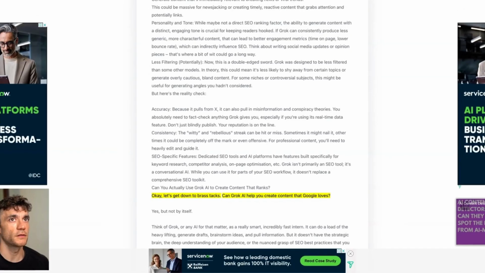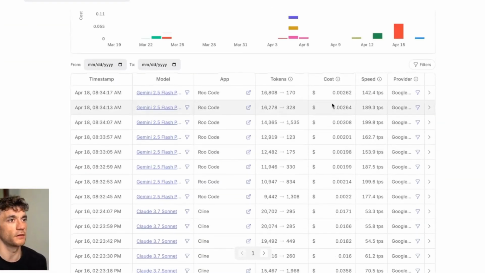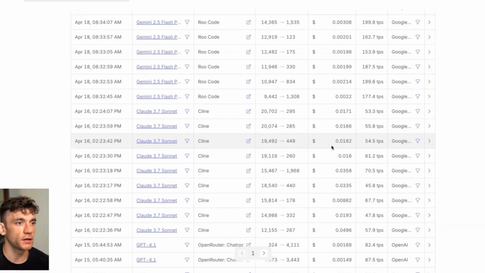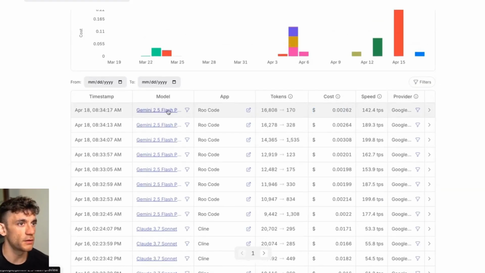Let's see how much it's costing us then. If we go back into OpenRouter and go inside Activity, just check what the pricing is. So when we're using it, to give you an example, if we're using Claude 3.7 Sonnet, it's going to rinse us for credits. So if we start using something like Gemini 2.5 Flash, you can see here